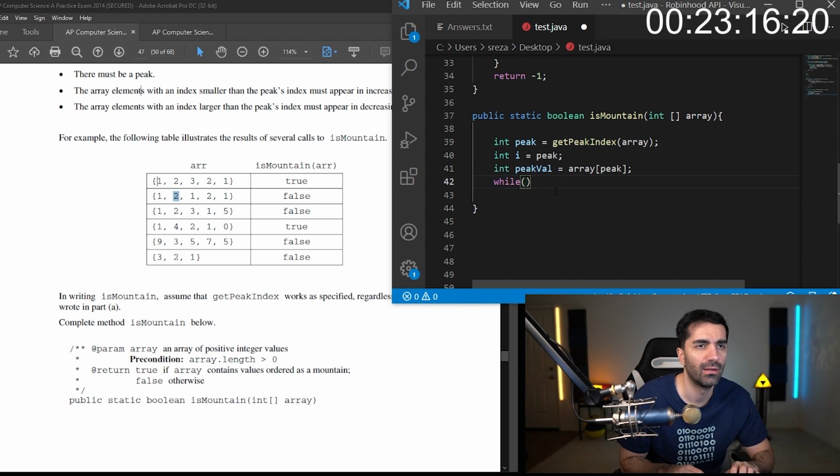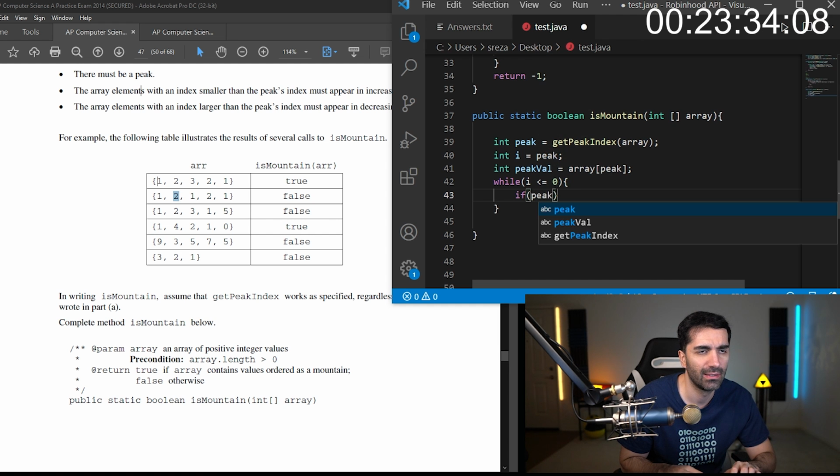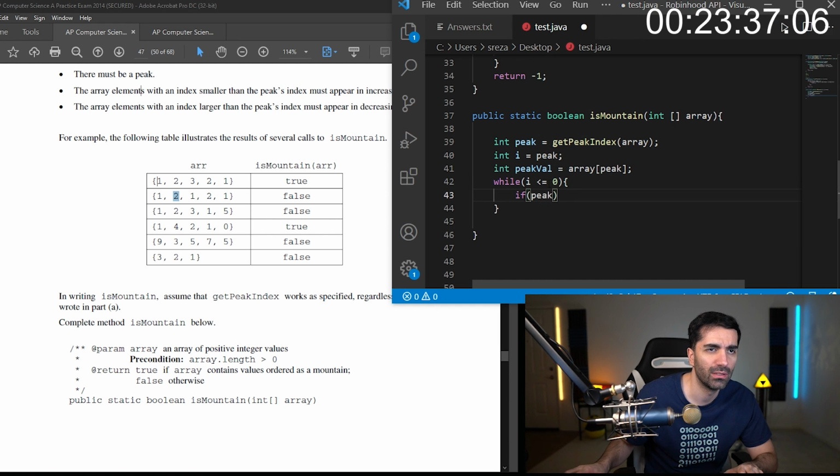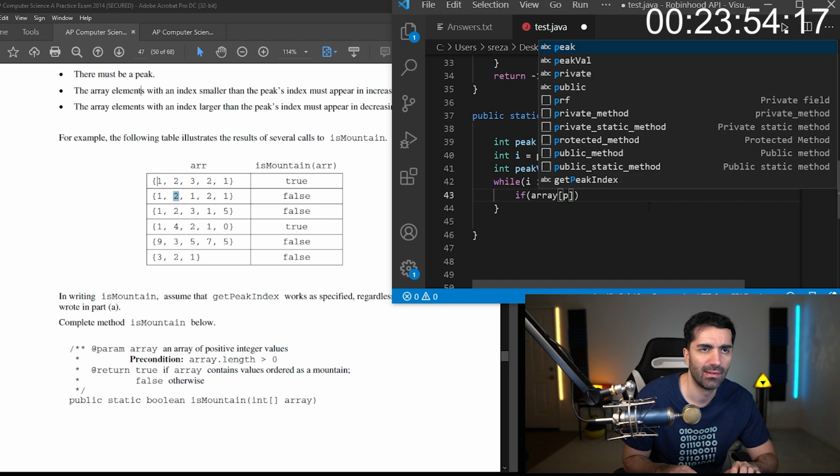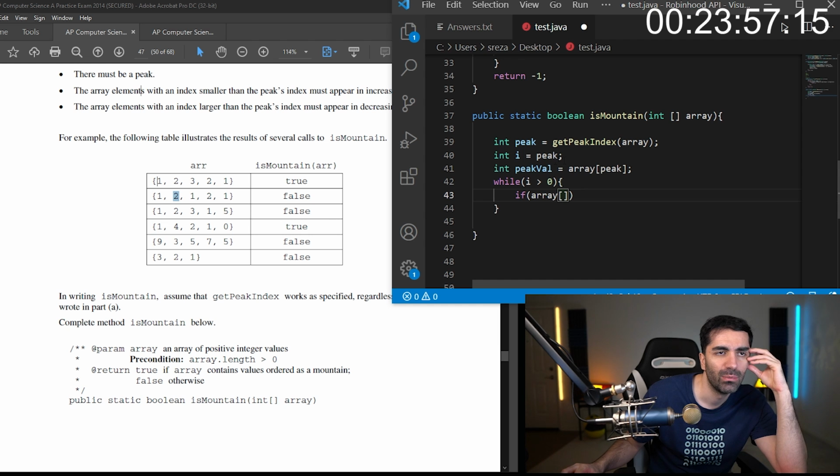So now we'll say while I is greater than or equal to 0, then if peak, or I think we want to do it until, while I is greater than 0, then if array peak, hold on, we might not need peak value.